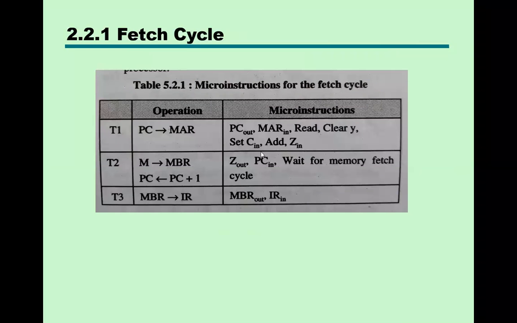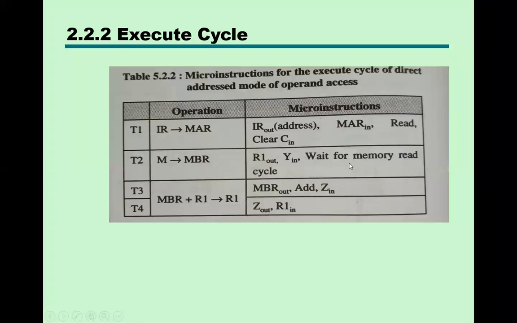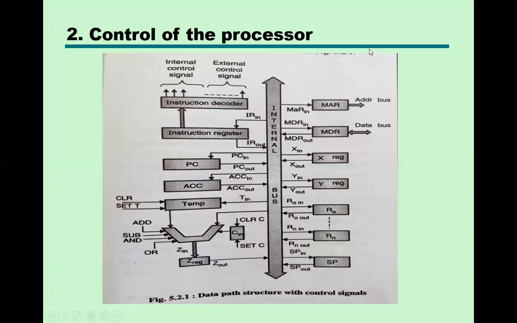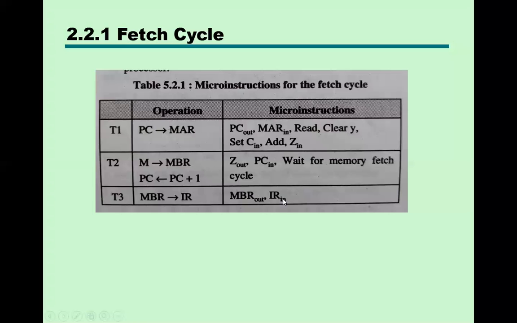Here, actually, I have explained the fetch cycle. See, the same instructions are there. I have explained this part here. Again, for the execution, you can understand what different micro instructions are required by this diagram. If you refer to this diagram, you can easily understand how the multiple micro instructions we have to generate for these different types of operations. We will practice on these types of micro instructions.